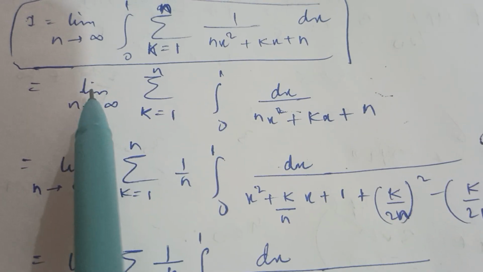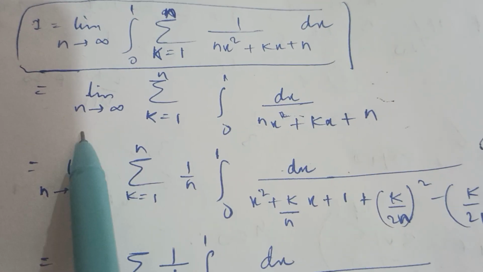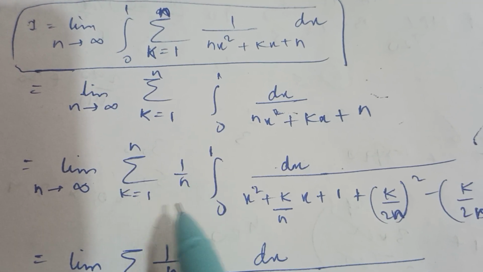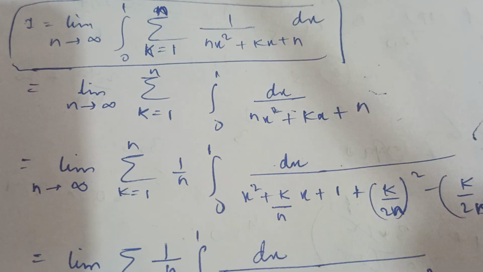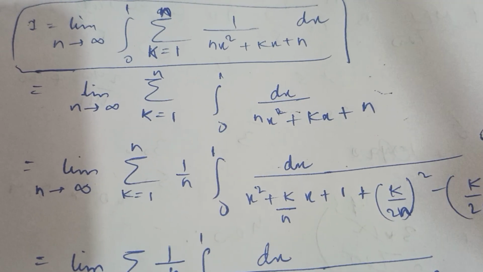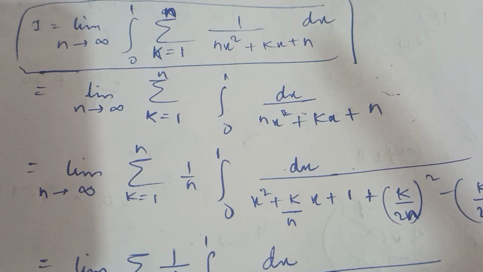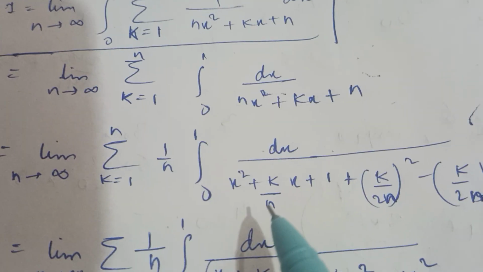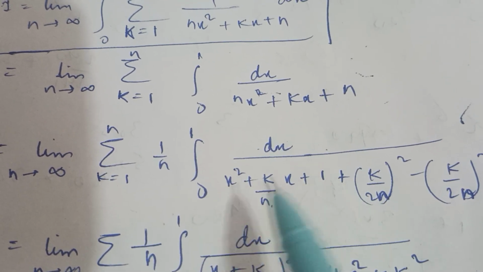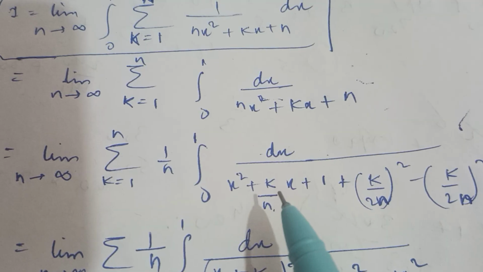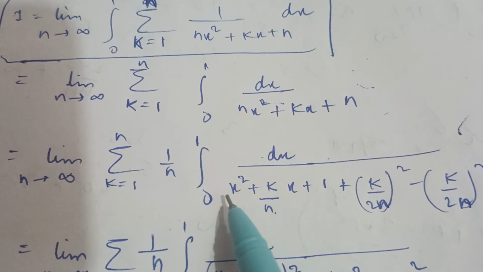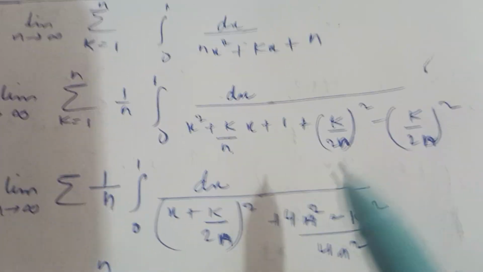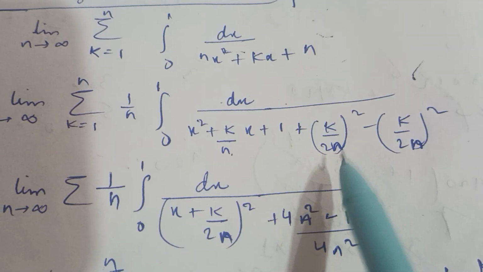Why am I doing that? The gist of it is that n is approaching infinity, so if I have a 1 by n outside, it will help me at a later stage when I can just approach it to 0 while putting the limits. For now, this is the way to do it. We have x square plus k upon n x, or you can also make the coefficient of x square unity for simplification purposes. So, trying to make the perfect square here, plus k upon 2n square,